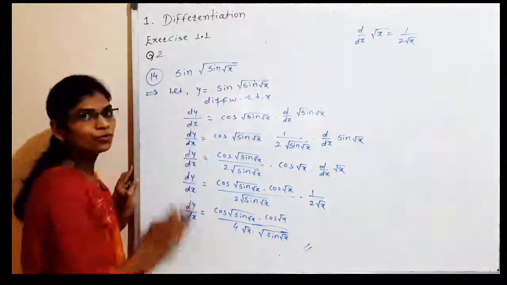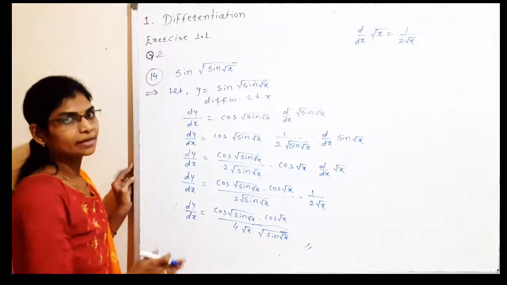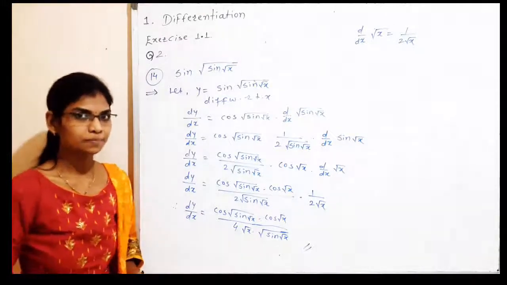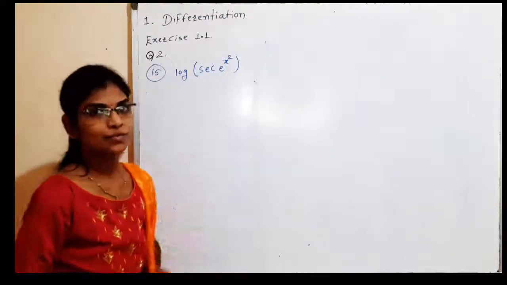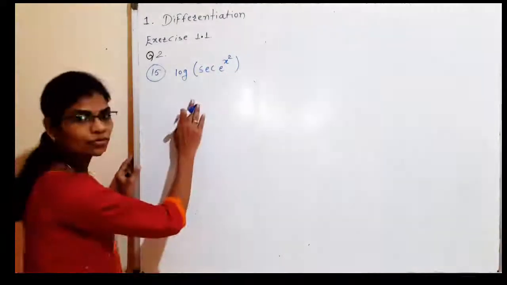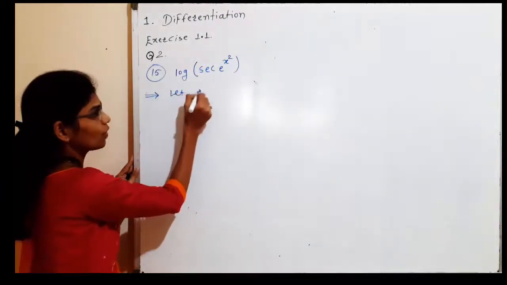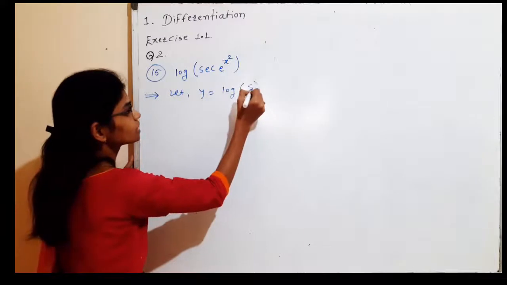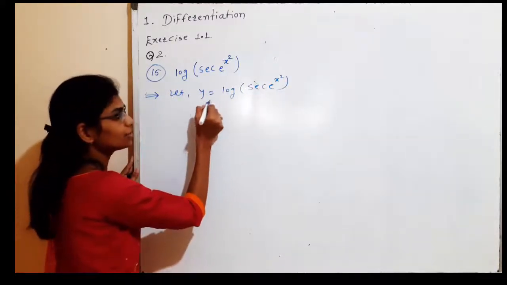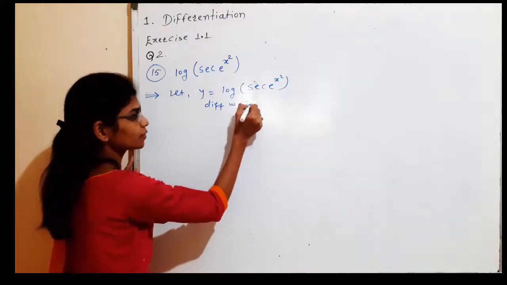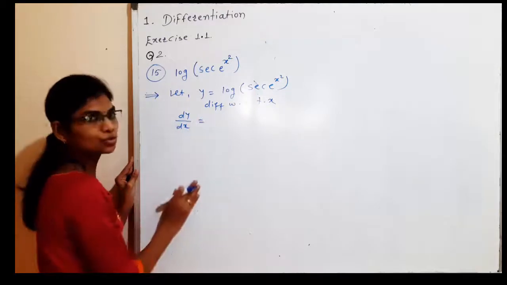It means the derivative for the given function. So here you can write down or you can take a screenshot of this answer. The next example is log of sec of e raised to x square. This is one of the logarithmic functions. First of all, let y is equal to log of sec of e raised to x square. Then differentiate it with respect to x. So the derivative of y with respect to x is equal to